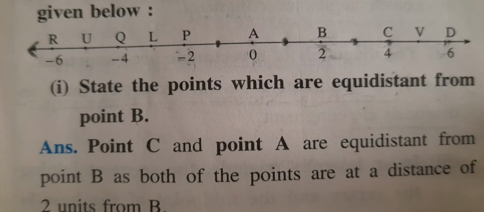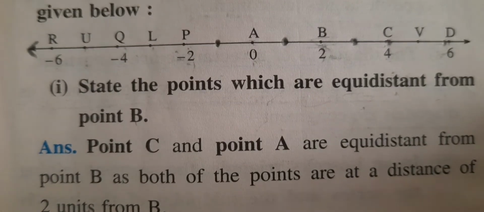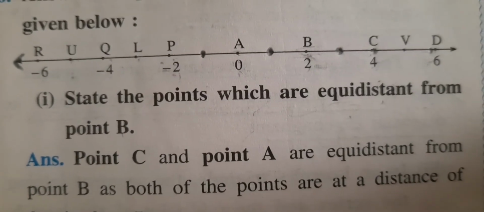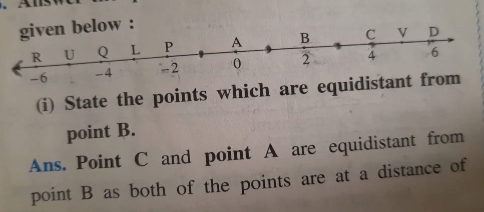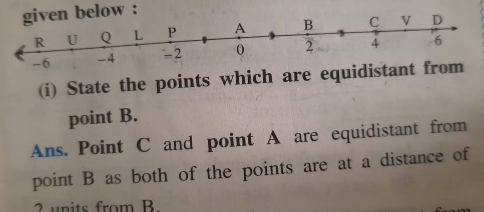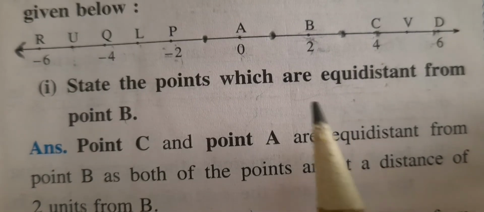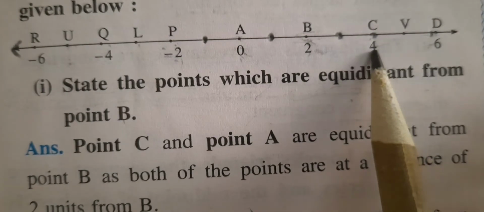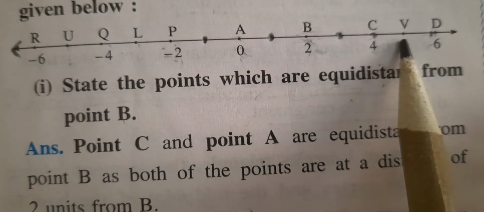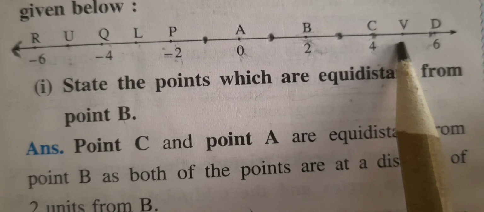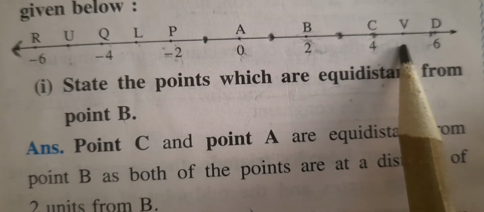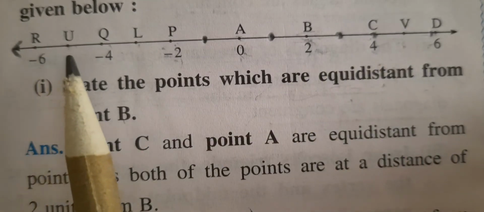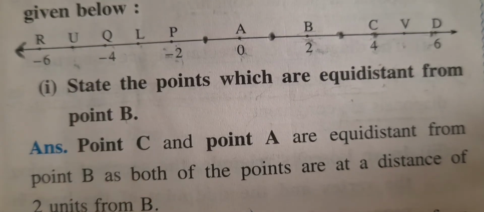We have to find distance UV. Now where is point V? Let's locate where is point V over here. Point V is on the right hand side and it is 1 unit from C. That means from 0, this is 2 units, 4 units, you can say this is 5 units. It's 5 units to the right. So its coordinate is plus 5. Now V is plus 5 and U is minus 5.